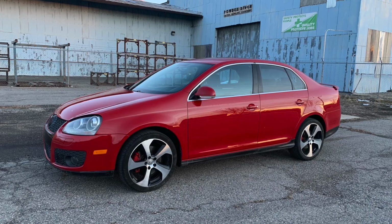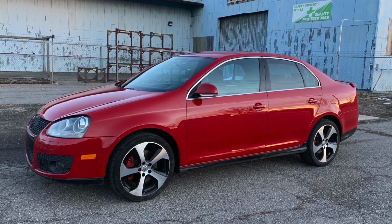So we recently sold the high school dream car. It was a 2006 Volkswagen Jetta GLI. I always wanted one of those in high school. Finally got one. Actually, that was the second one I bought. But anyway, we are at the auction and we gotta find a replacement car. So we're gonna go through a bunch of cars. A lot of these are going to be Volkswagen